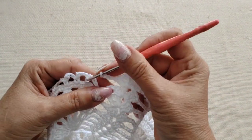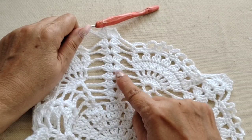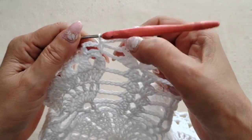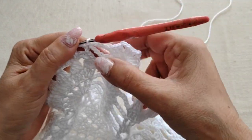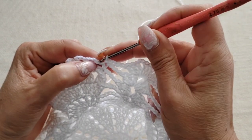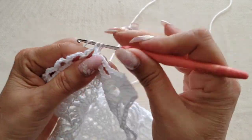Okay, everyone, so going to close out row 14. So where I did that single, remember we did that chain, we did the single to complete that. So I did a slip stitch on it. Now I'm going to come in. First of all, I'm going to do a slip stitch on here just to get to the center, right on this one slip stitch, and then single,